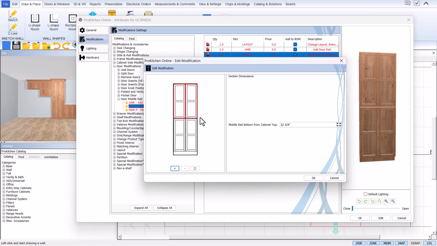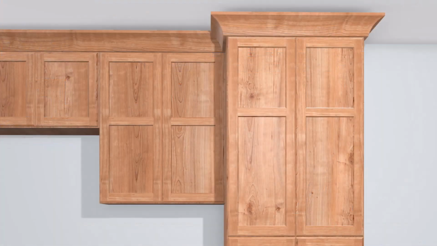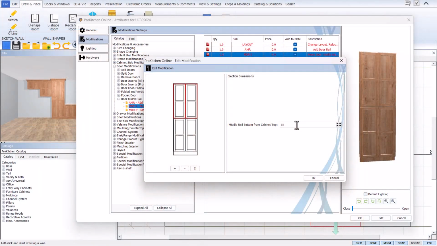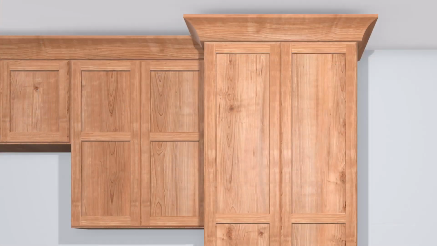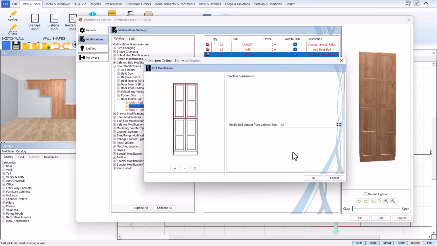Notice when the upper portion has been selected, the movement in inches will be from the top of the cabinet. If I wanted the rail to match the line I have created, I would enter 18. Or, if I wanted to match the bottom of the adjacent cabinet, I would enter 36. When the bottom portion of the cabinet has been selected, the movement in inches will now be from the bottom of the cabinet, which allows me to easily match the top rail of the base cabinet to the right at